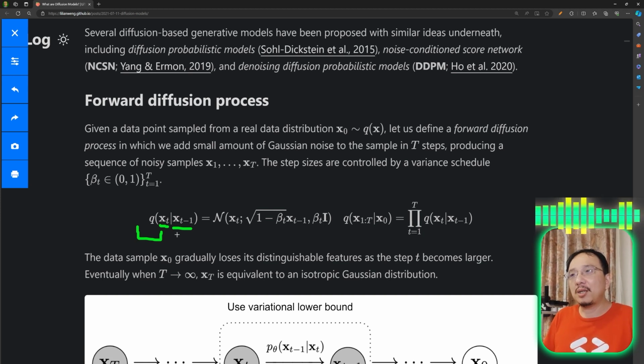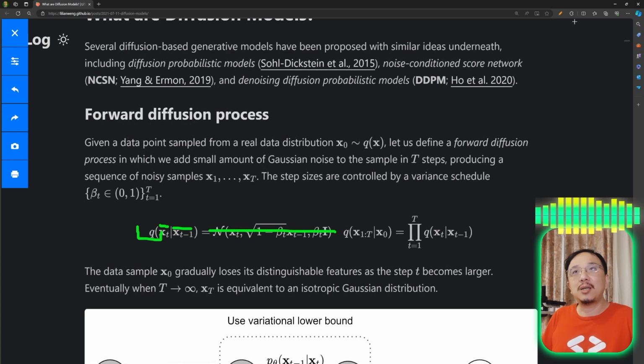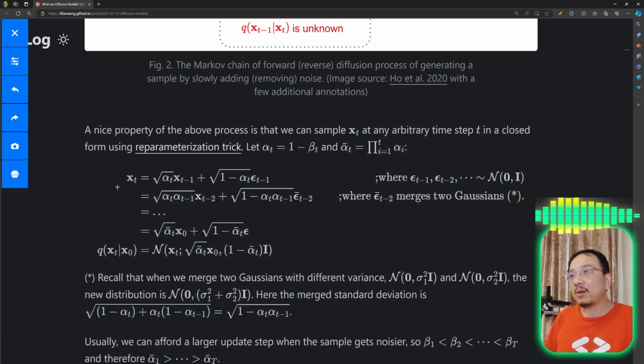Suppose we already have our xt-1. Because we are adding random noise, the image generated in the next step, xt, can be considered as a random distribution that depends on xt-1. And we are using a Gaussian distribution to describe the conditional probability distribution because we are adding some noise. It is probably easier to see the formula here. So this formula might be easier to